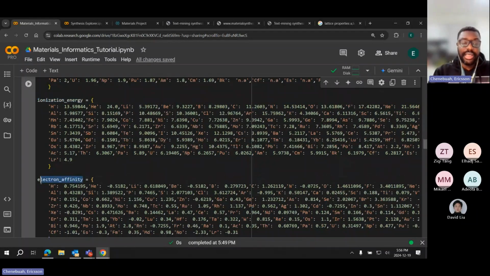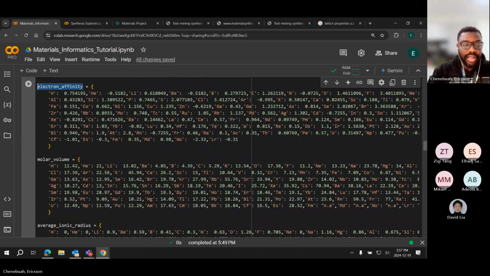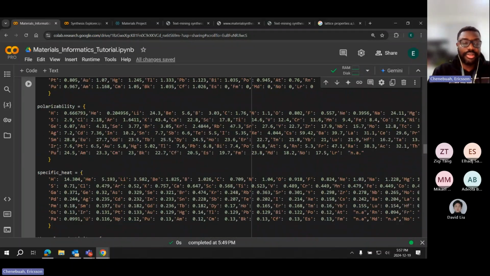You have electron affinity. Electron affinity means how much this atom loves electrons, in terms of whether it wants to take or to give. I feel oxygen will be very high, because oxygen does not want to give. In its orbitals, it needs just two electrons to fill its outermost shell. So oxygen wants to take, and that's what the electron affinity can tell us. You have the molar volume of the material, and so on and so forth, the ionic radius, the polarizability,